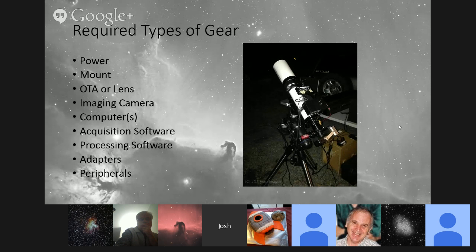Adapters. Adapters is a big deal. As anybody knows who gets into actually trying to create their setups, there's spacing issues, there's changing size of your tube issues, there's ways to mount your telescope, there's just tons of stuff to go over with adapters, and it's something that you also need to think about. And then finally, there's an endless list of peripherals, and I won't even go into what all I'm talking about there, but